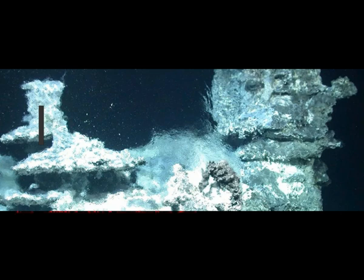They drove the MARUM Quest submersible more than 3 kilometers down to the seafloor, where it took images and sampled the waters, and there they found the Jotul field, a large region of seafloor with both extinct and active hydrothermal vents, and the telltale shimmer of volcanic heat seeping into the water. It's a magnificent find, one that fills in a significant and previously puzzling gap in the hydrothermal layout of the